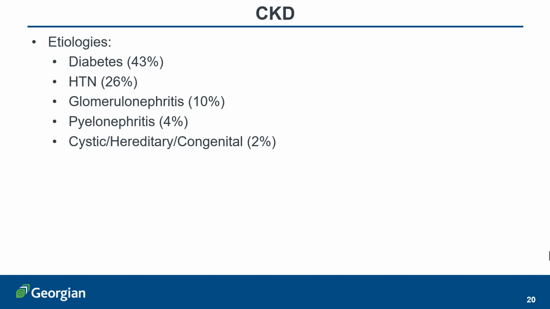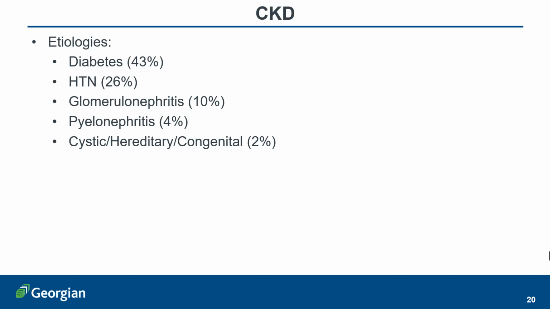What are the etiologies of chronic kidney disease? Nearly half, or 43% to be exact, of all cases of chronic kidney disease is caused by diabetes. In other words, poorly controlled blood glucose levels will likely eventually lead to chronic kidney disease. Another quarter of the cases of chronic kidney disease is caused by poorly controlled hypertension, and the remaining 16% or